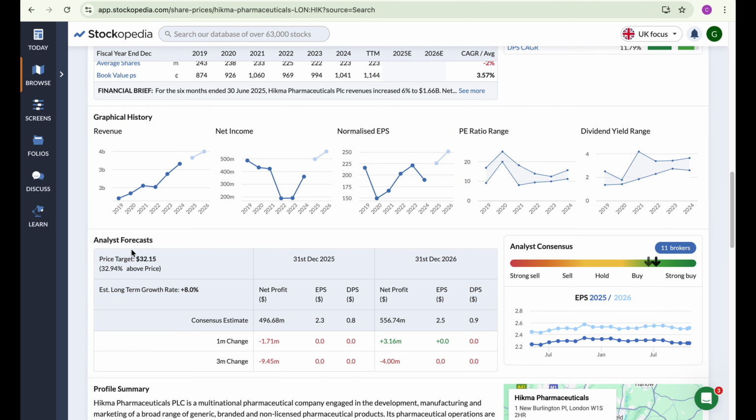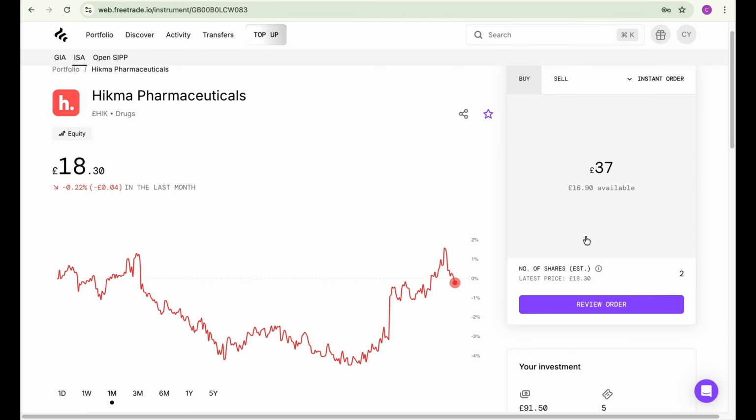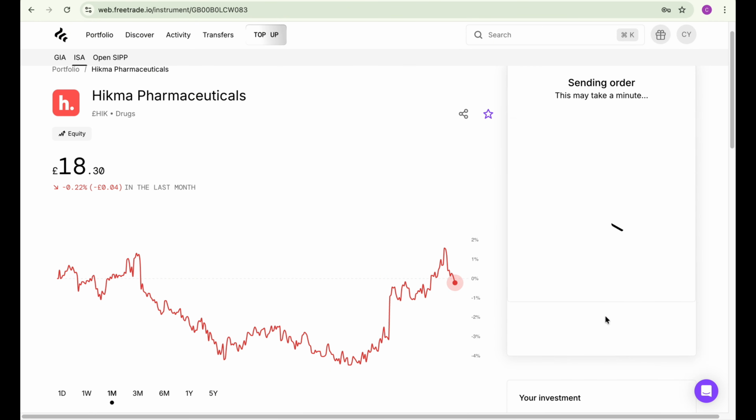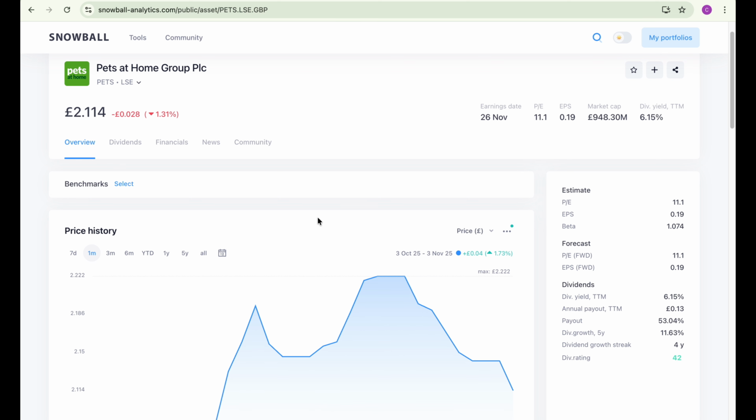I'm not sure why this one is showing up in dollars, as it is listed on the London Stock Exchange, so I'm going to speak to Stockopedia about that and find out why. Their stock rank is good and just outside the fantastic range, with it being at 78. I'm going to be adding 2 more shares for an amount of £36.78. This now leaves me with around £17, so the final stock I'm going to be topping up this month